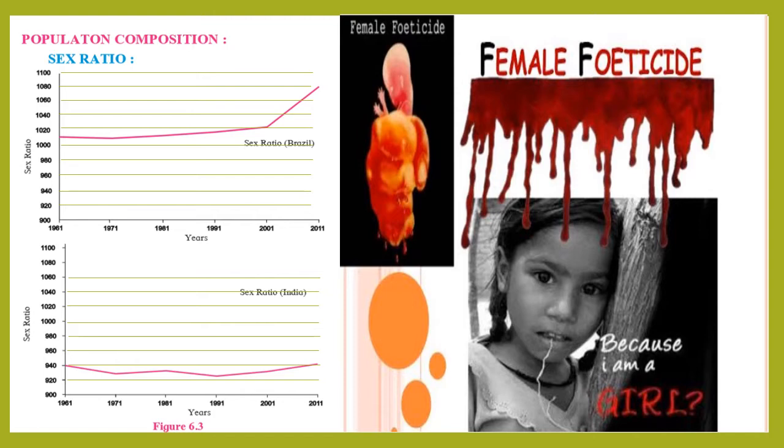Okay, because as is usual in most families, whether it is a poor family or a rich family, they don't want girls, as they say that girls are going to go to other houses. So why do we need girls? We don't need girls, and that is why many girls are killed. Because of dowry, they have to give dowry. Dowry means dahej. So because of the dowry system also, today the female population is reduced or they are killed.